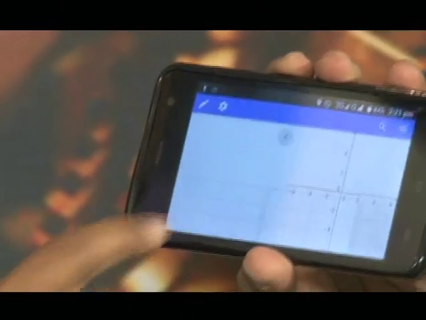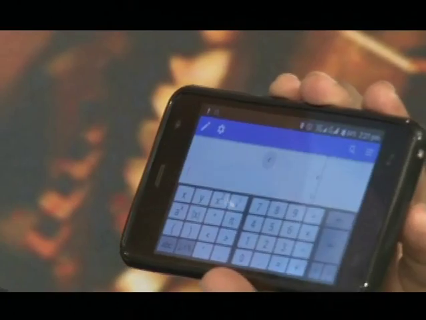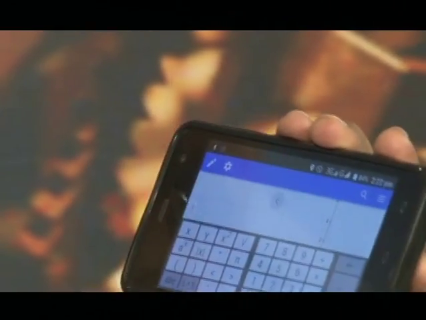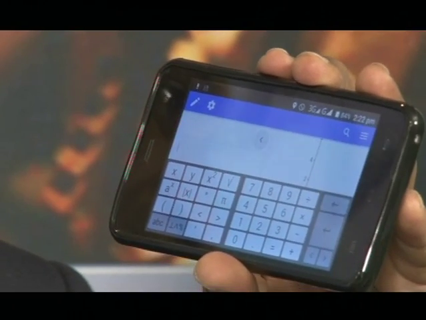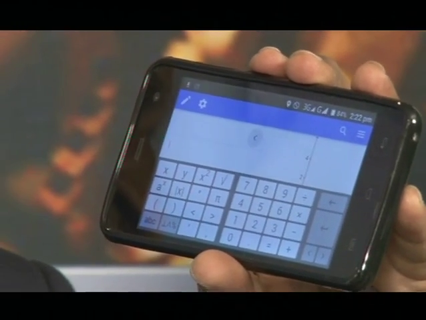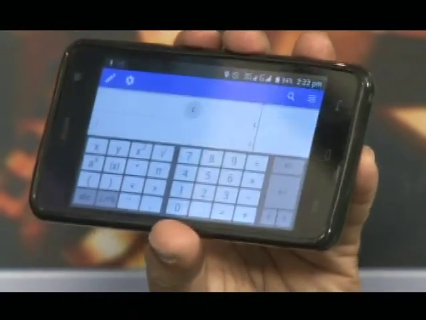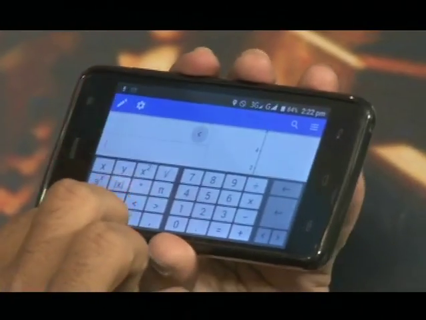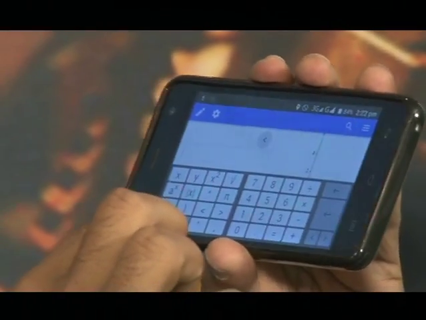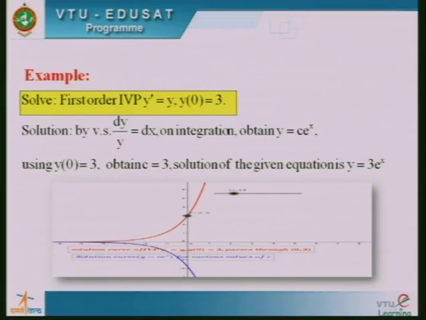Now, here I can type, it is an input mode, right. In this I can type any function, right. Now, what we have observed here, I have obtained the solution of a differential equation. What is the solution of a differential equation? C into e to the power x. So, it means I have to type an exponential function, right. So, I will type an exponential function,